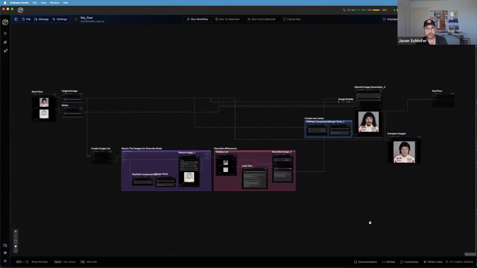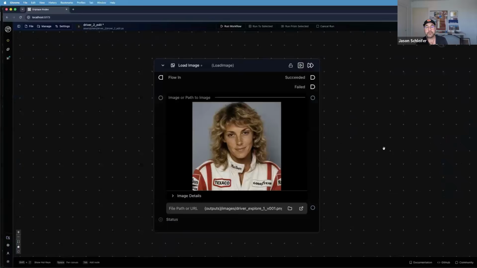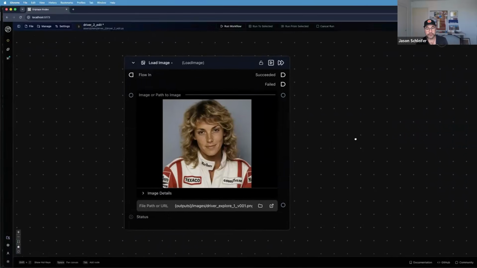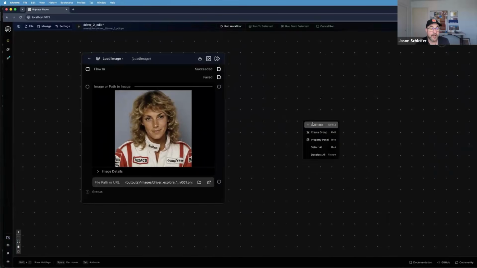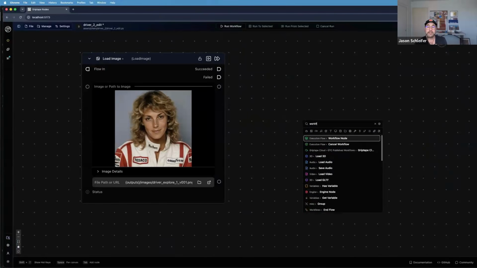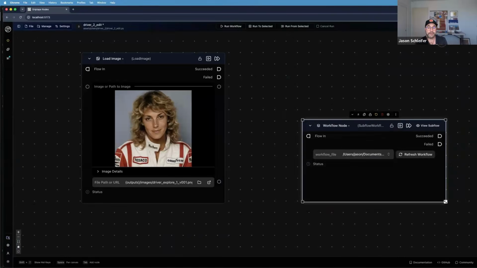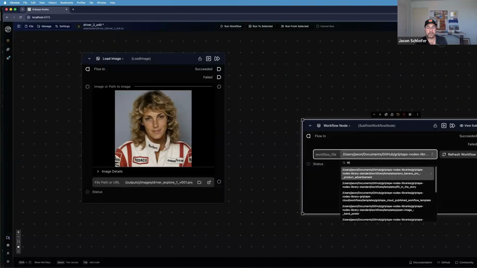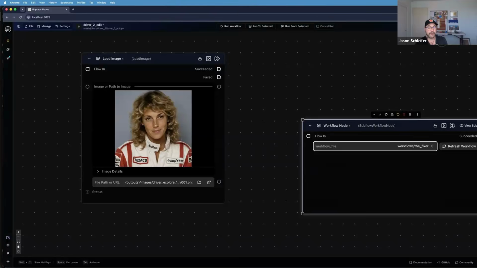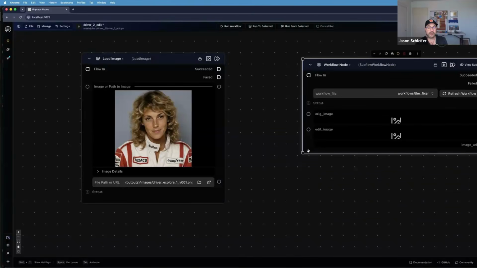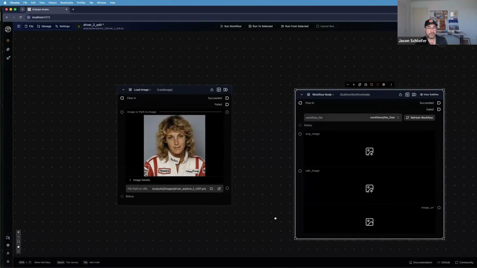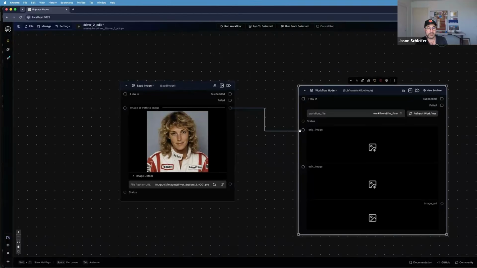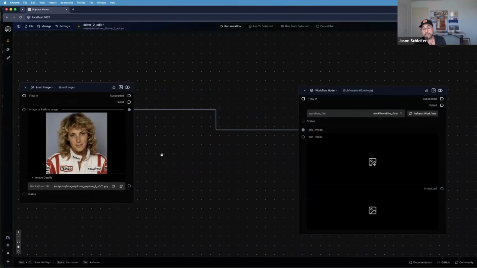So this is saved as a workflow. And then we can use that in any other workflow or in Nuke or something like that. In this case, I've got an image generation here, and I'm going to bring in the workflow node and specify the fixer, which is that particular workflow. It will then show me the original image and the edit image inputs. And then I can take the image and connect that in as the original,